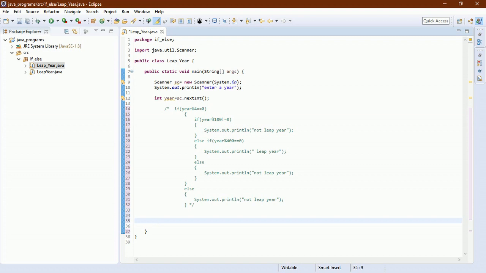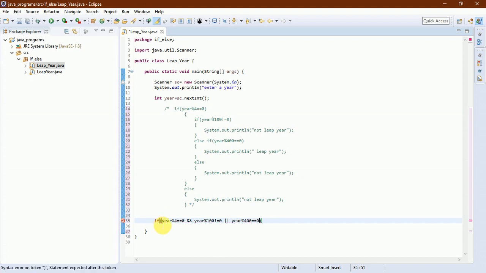Again, I'm writing another logic to check. There are two different logics, and again we are checking if year modulus divisible by 4 equal to 0 and year divisible by 100 not equal to 0, or year modulus divisible by 400 equal to 0.